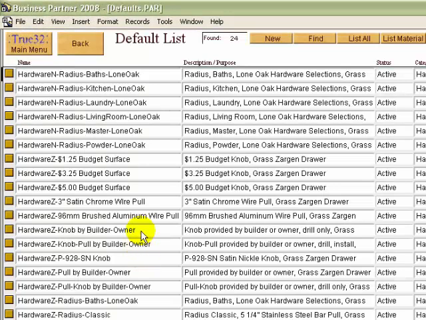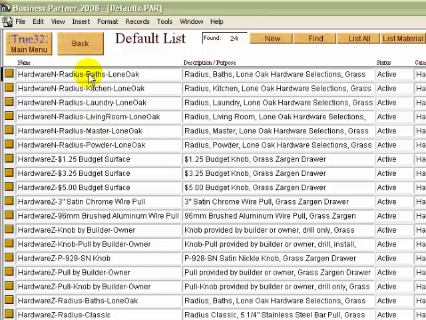This one is much like the materials, in that you have the list of the different ones and you have to name them what's appropriate to you. Anything will work, just whatever makes sense to you. In this case, I've separated out my Nova Pro drawers. Here you see an N behind the word hardware and a Z. All the ones with an N have Nova Pro drawers selected, and all the ones with the Z have the Zargan drawers selected. And I have some here that are builder specific based on a package that they do